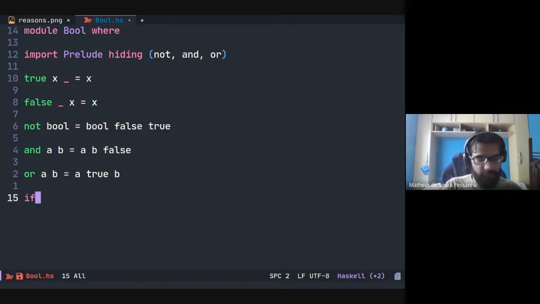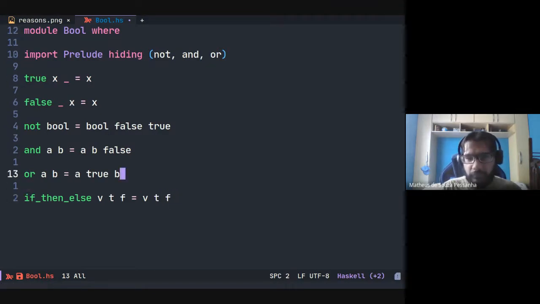To finish, we can implement if then else. It receives a given value, V, the true branch and the false branch, and applies V to the true and false branches.